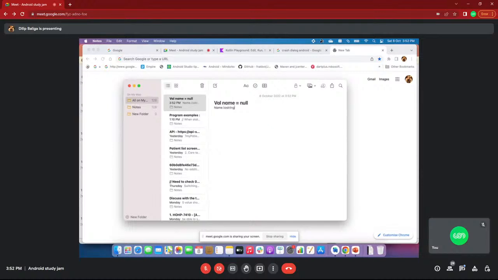Doing toString means you are taking the value from that memory, nothing is there, but you are trying to fetch that value. Then what will happen? The compiler is telling that there is nothing there, and that's the reason it crashes your app. You are fetching null memory and it throws a null pointer exception.